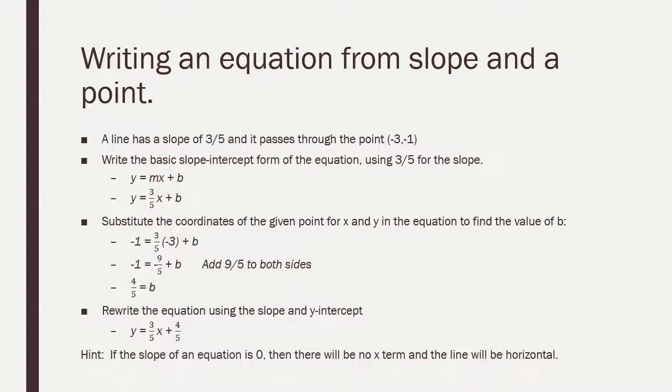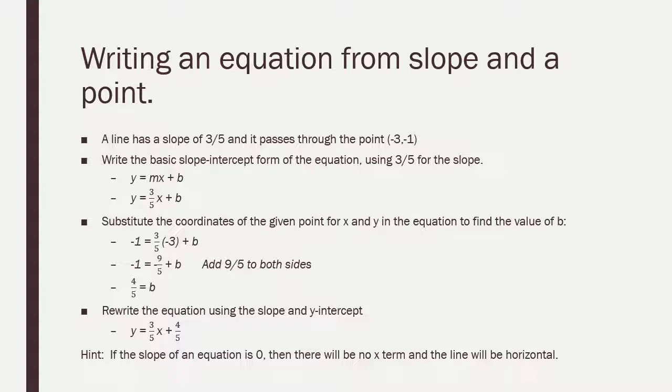Since every point on the line will make the equation true, we can use this point, -3, -1, by substituting the -3 for x, the -1 for y, and then solving the equation to find b. If we do that, -1 is on the left where y was. 3/5 times -3 is -9/5 instead of the mx, plus b. The only thing we have to do to find b is to add 9/5 to both sides to get 4/5